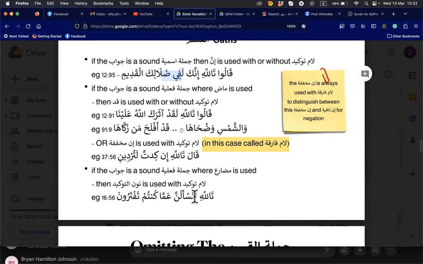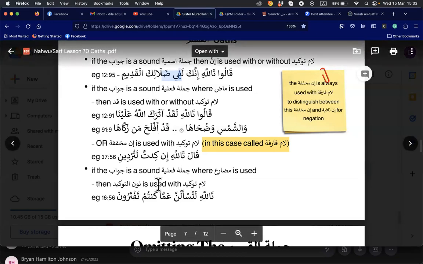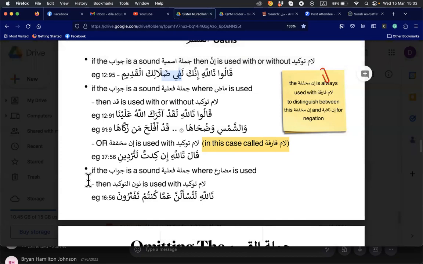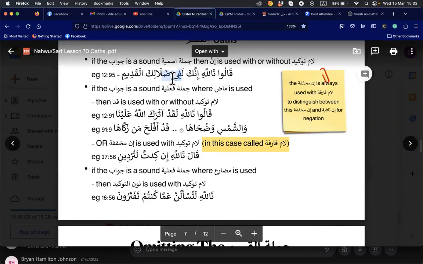Are you a bit clearer about your lam taukids now? Clear, but I just have to remember. Yeah, different names, depending on where it's found. I think it's quite easy to remember. For example, when lam comes in the beginning, the beginning is mubtada, so lam ibtida comes from the same word. Maybe muzahlaqa is a bit difficult to remember. I don't know how, but you have to try, or at least go back to your lam of emphasis notes. It's all there anyway.